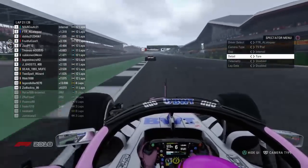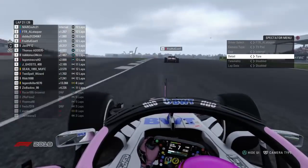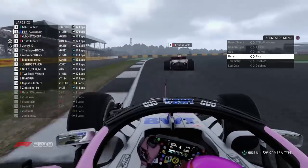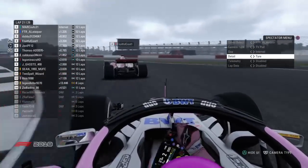Oh, as for Tom, well, just been told that Tom has got a 3-second penalty as well, so that's unlucky. Thomas needed to keep it clean. Not sure who else has got a penalty in the top 5 to kind of nullify it, but